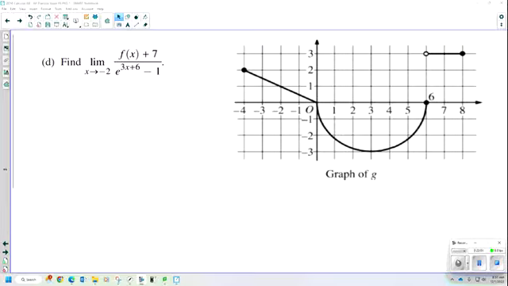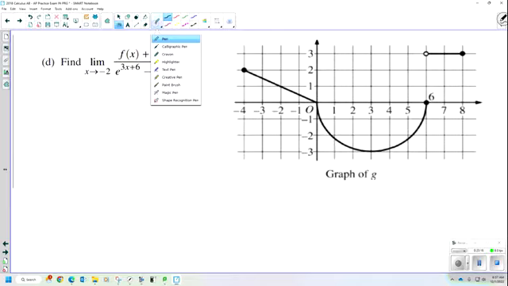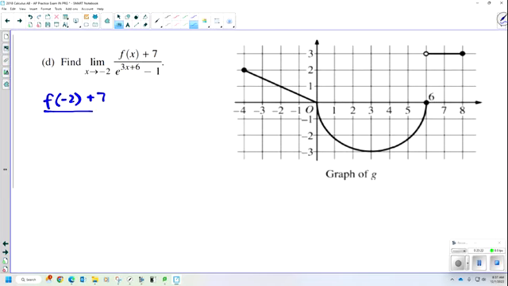All right, so the easiest way to do this, always the easiest way to do this, is to try plugging in -2 first. So let's just do that right there. We're going to take f of -2 plus 7, put it over e to the 3 times -2 plus 6 minus 1. In order to find f of -2, remember on part A, they gave us the equation for f. They said f of x